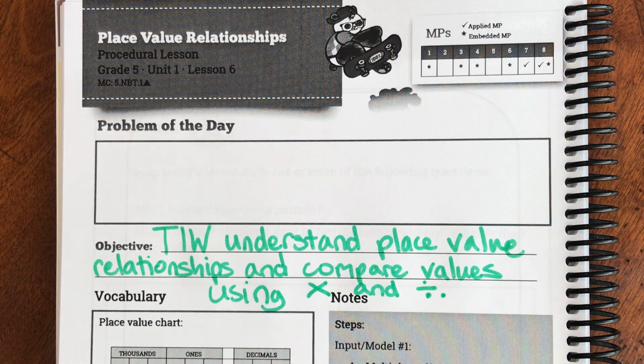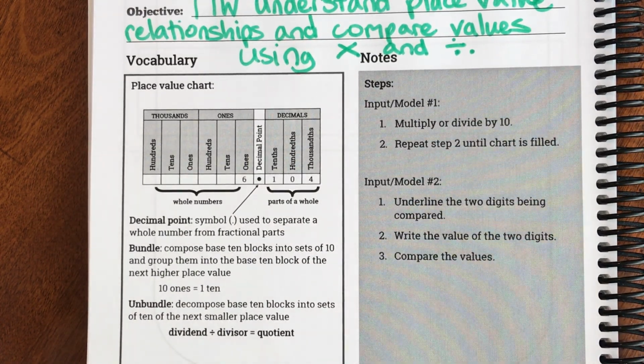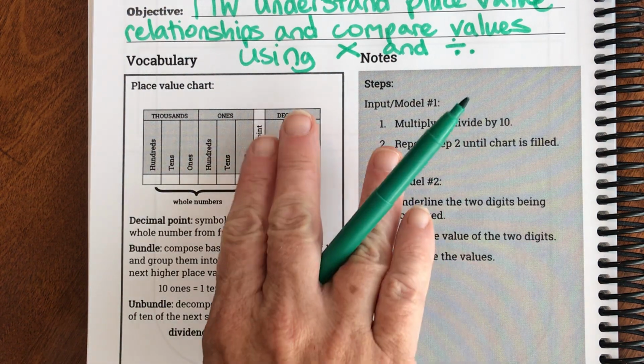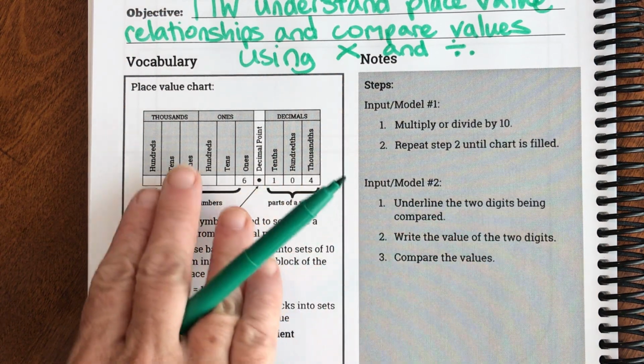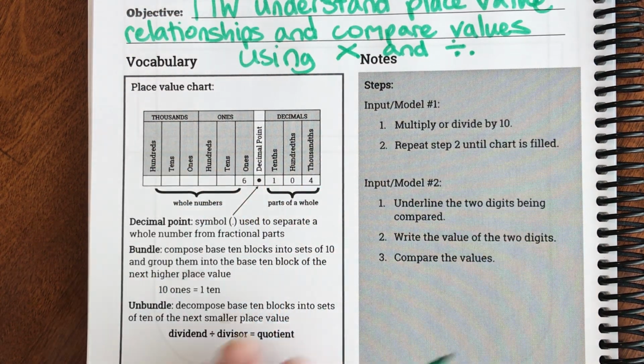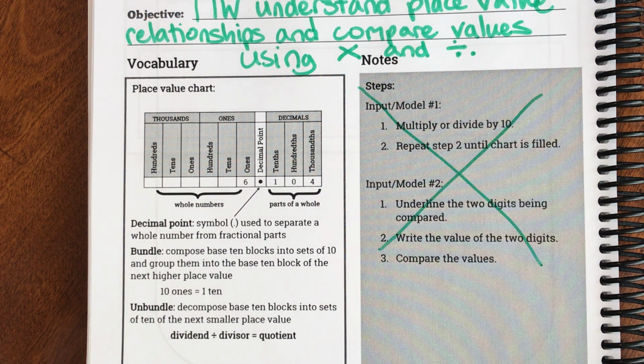Okay, let's look at our vocabulary. Again, they give us our place value chart and they explain to us the decimal point separates the parts of a whole, which are decimals, from our whole numbers. They also explain what the decimal point is, and then they talk about bundling and unbundling. We're not going to focus on that just yet. Okay, on our step side, we're not going to really look at their steps the way that they're looking at it. So I'm actually going to kind of cross those out,